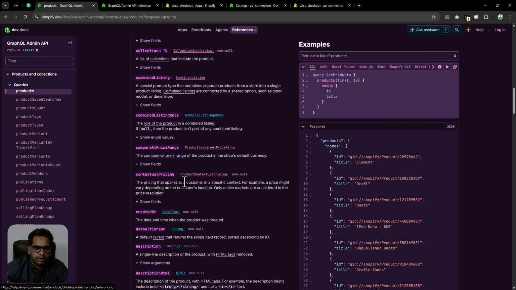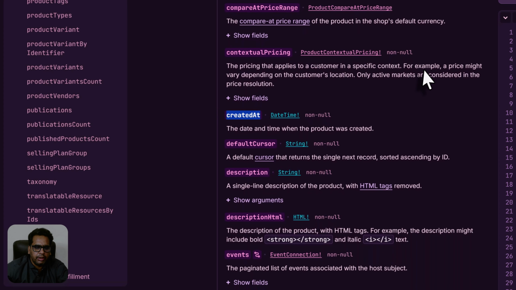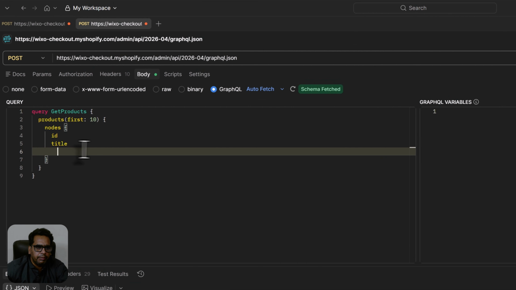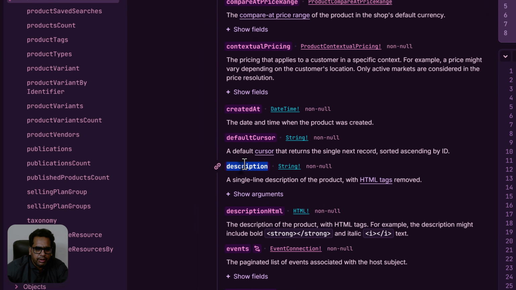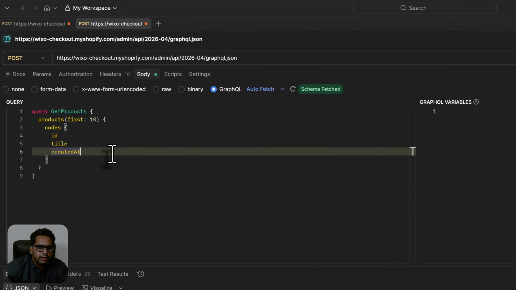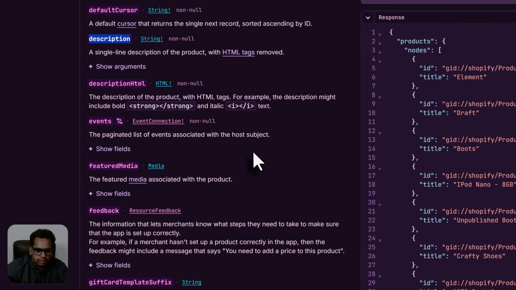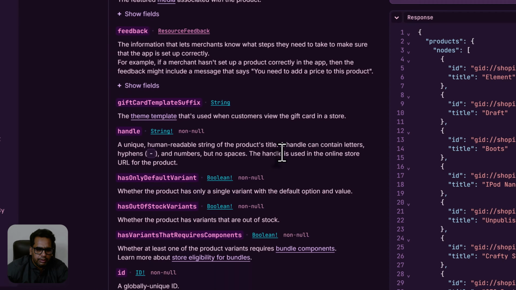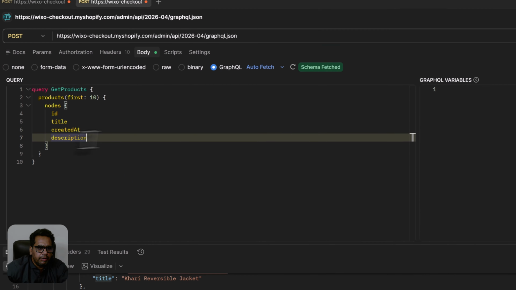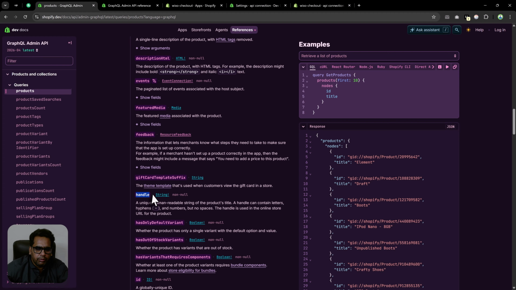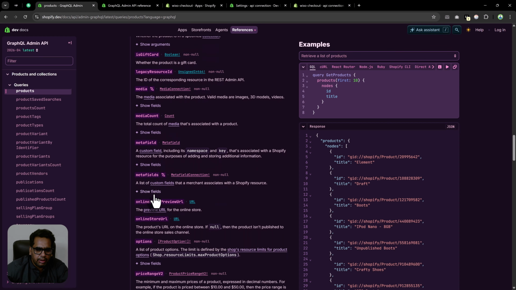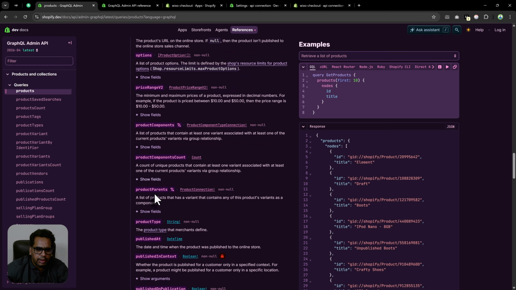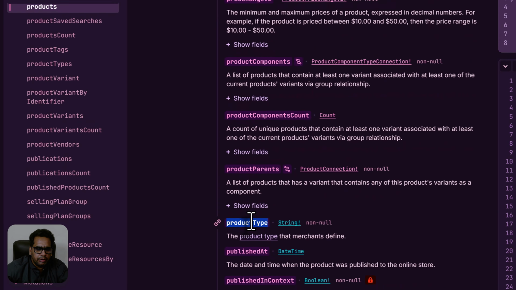You can get createdAt, when the product was created, paste that over here. And let me check other values. You can get the description, copy the description, and then if you need the handle of the product, you can type handle. So whatever information you need, you can simply type that field over here and the data will be